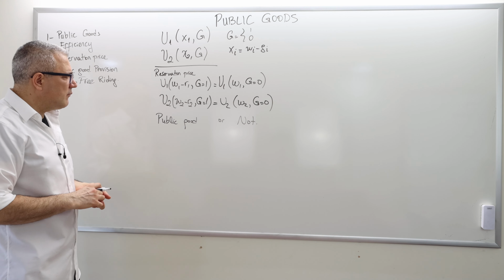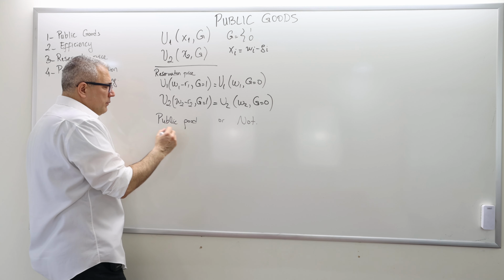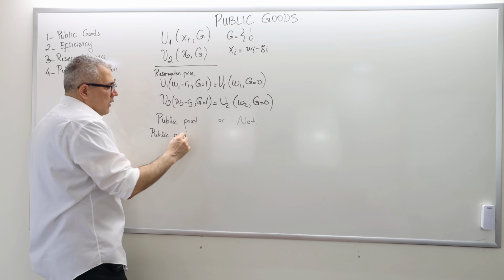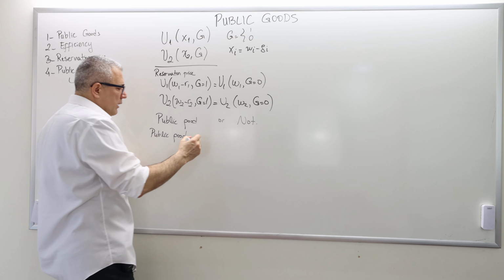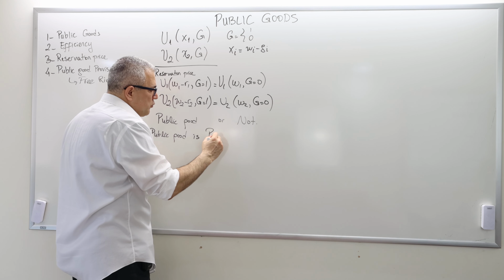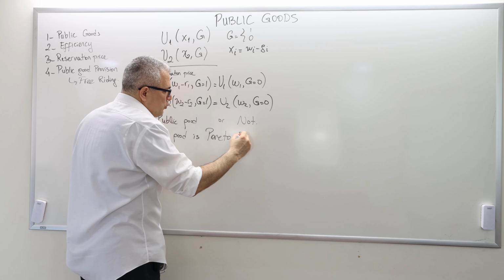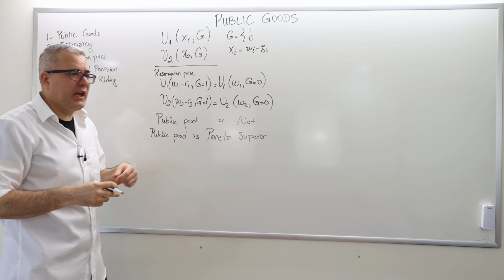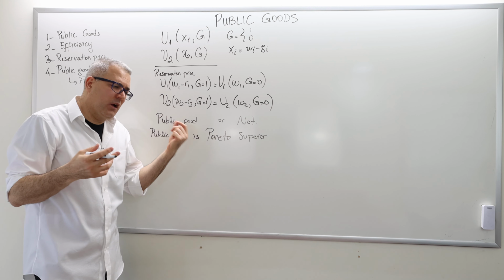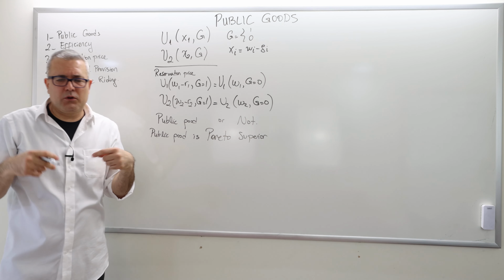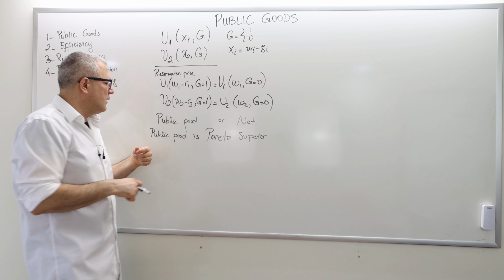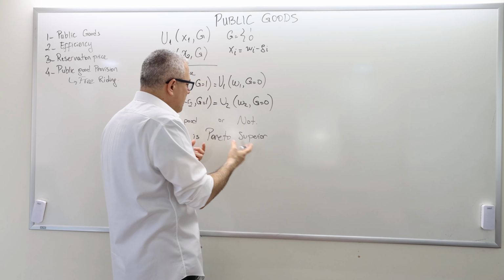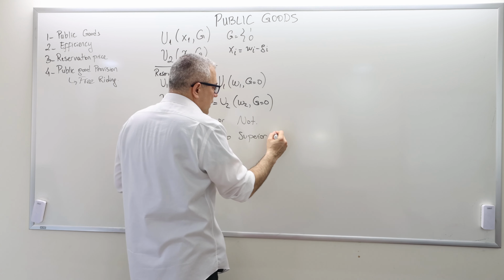So implementing the public good is Pareto superior, and therefore Pareto efficient, because here we have only two options, build the public good or not build the public good. So the public good is Pareto superior over not having the public good if